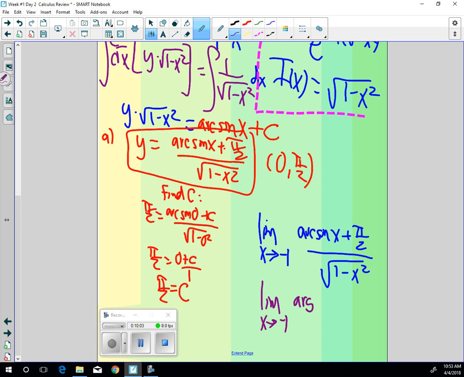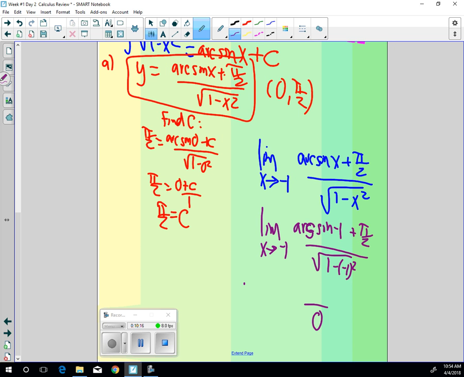So arc sine of -1, which might freak you out a little bit, over the square root of 1 minus (-1) squared. Well, the bottom is 0. But what is the arc sine of -1? That is negative pi over 2. And what's negative pi over 2 plus pi over 2? That's an indeterminate form. Remember that? Now take the derivative of the top, derivative of the bottom,